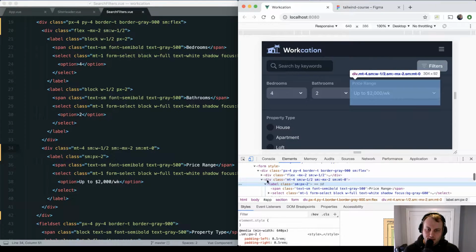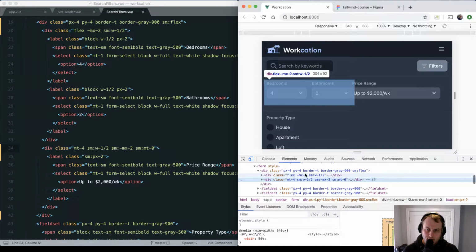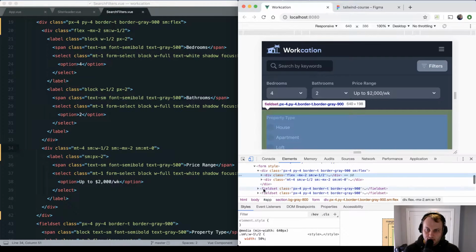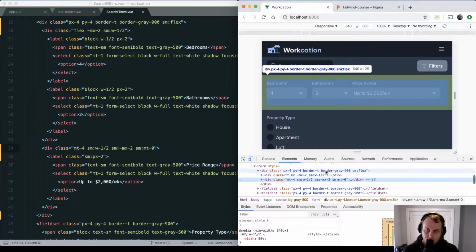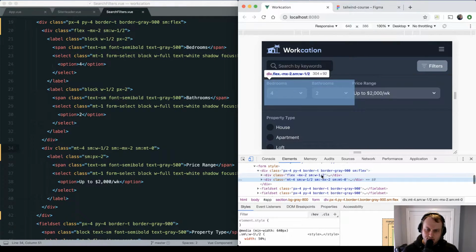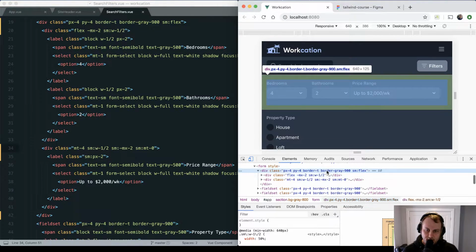Now I'm a little bit surprised by... I guess it must be related to this negative margin stuff. I'm surprised that these are overlapping because they both have padding though, and they aren't actually being 50% width, which is surprising too. Like if you have this set to width 1/2, you would think that would be 1/2 of 640, but it